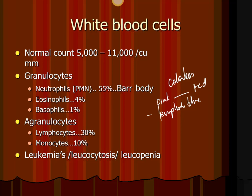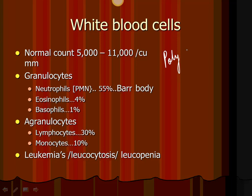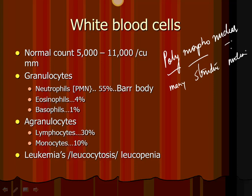Now you see the letters PMN written in front of neutrophils. That stands for polymorphonuclear. Very, very often when you get a blood test done, they might write PMN 25%, PMN 55%. Why is it called polymorphonuclear? Poly means many, morpho means structure, and nuclear means the nucleus. So in other words, the nucleus